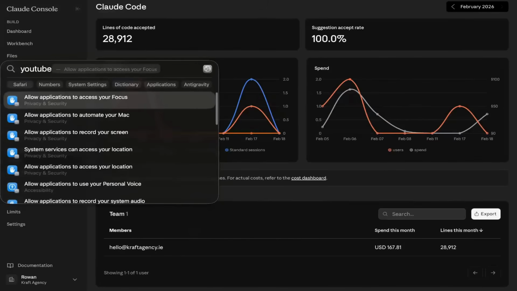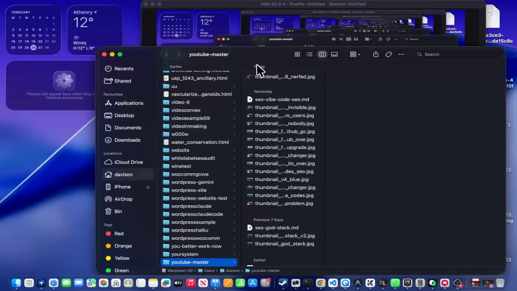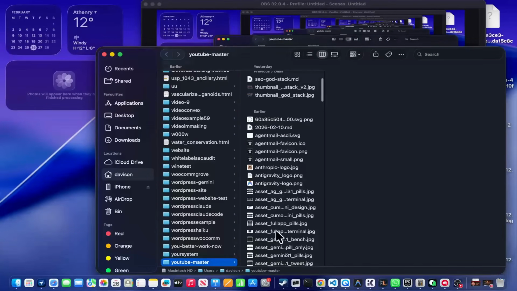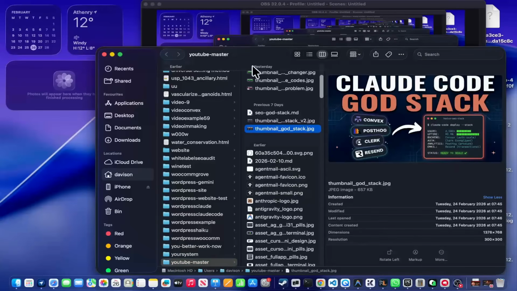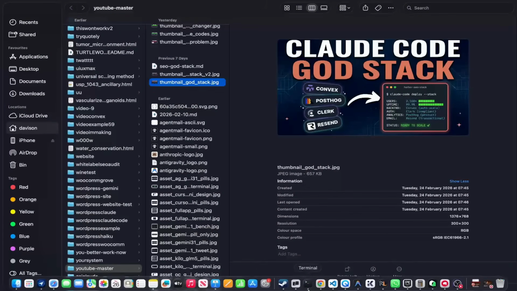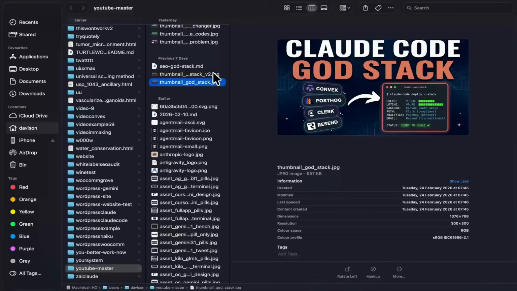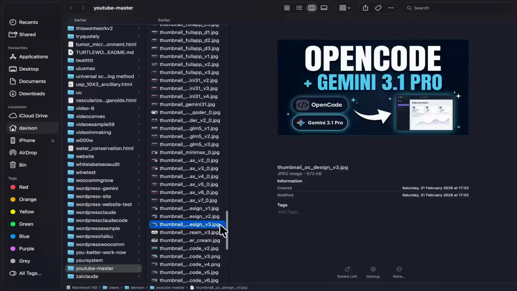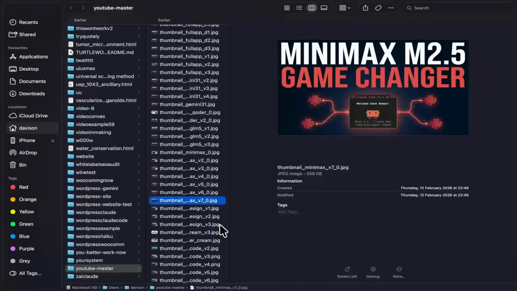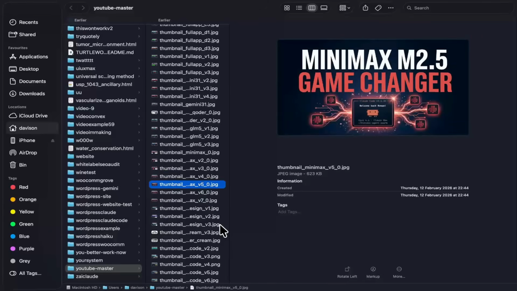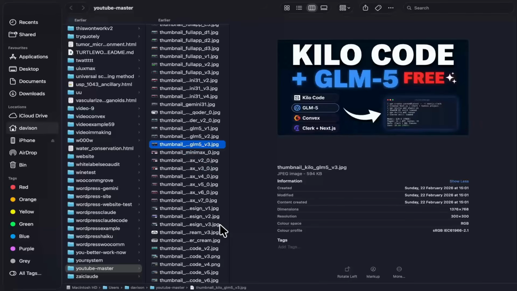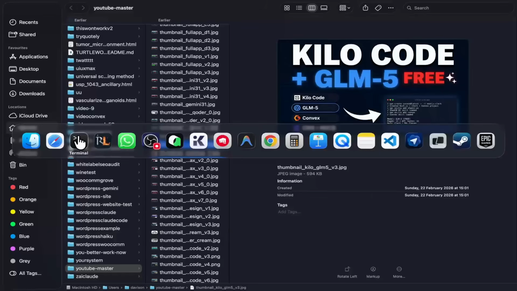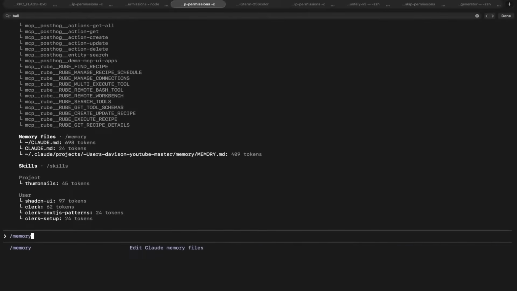Now let me just show you something, right? I have an entire system, and I've been using Opus since the very beginning to make thumbnails for me, right? And this is the first piece of evidence, probably the only piece of evidence that you're going to need, to be honest with you, because it's so clear and obvious to me. So these are all the ones made by Opus 4.6. The way this works is Opus 4.6 writes a prompt for Nano Banana, right? Based on my memory here, right?